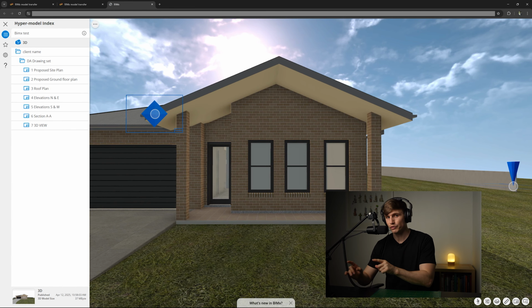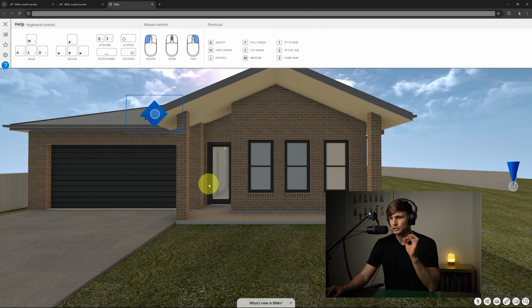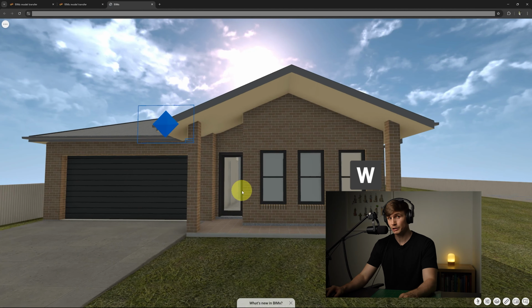Now, to control how you move around in the 3D space, just on the left-hand side over here, we'll find all of the keyboard shortcuts. The main ones that we need to use are the move keys as well as rotate. Just with these two, we can pan around in our view, and using W to go forwards, A to go sideways, S backwards, and D to the side, we can use all three of these to be able to navigate